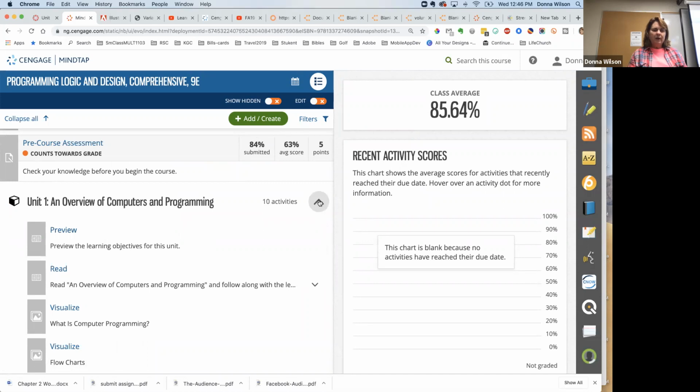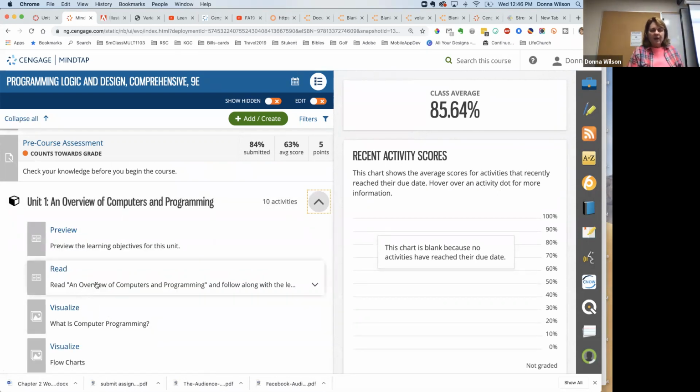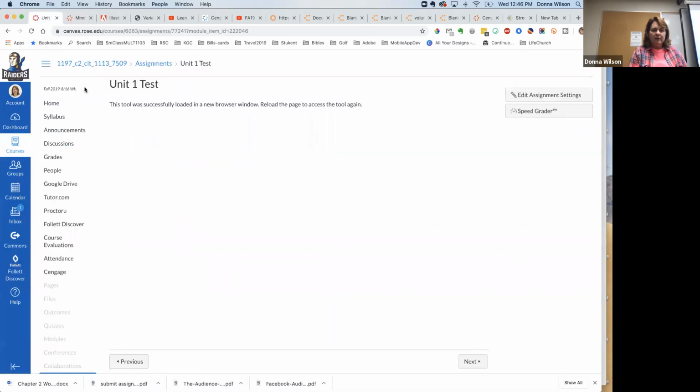Now, what you'll notice is that I've made Unit 2 available now, because that's what we're going to go into next week, and some students like to get ahead. So that is now available to you. But Unit 1, the chapter, is here. And so if you were wanting to do this assignment